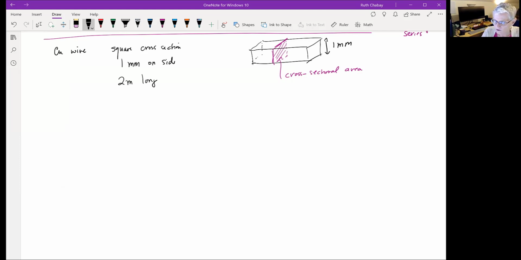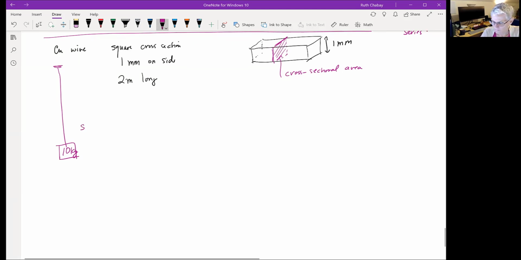And what we're going to do with this wire here is we're going to hang a 10 kilogram weight on it. We find that it stretches 1.67 millimeters. Okay, so this wire, which we know has lots of long chains of multiple chemical bonds in series, but then parallel to each other,